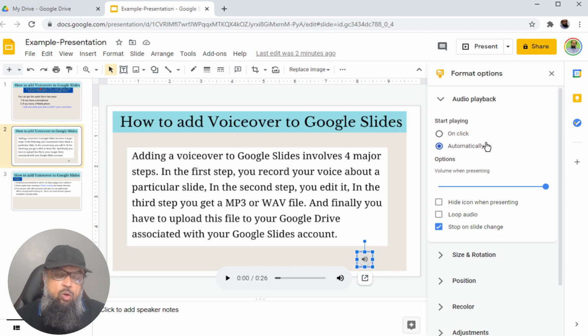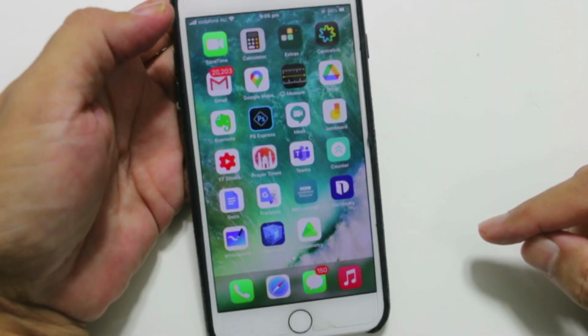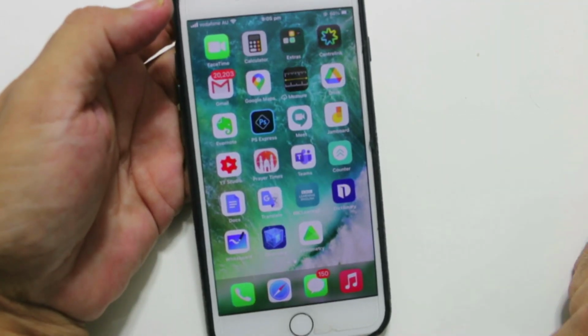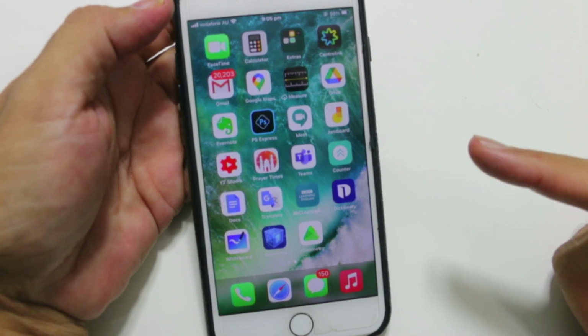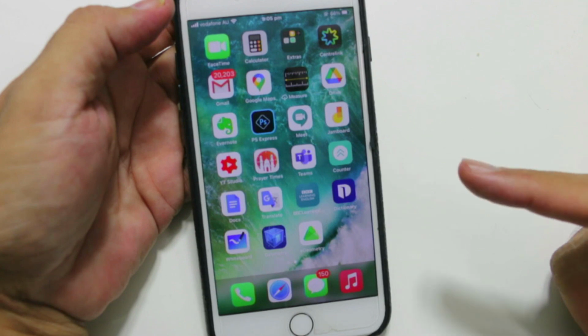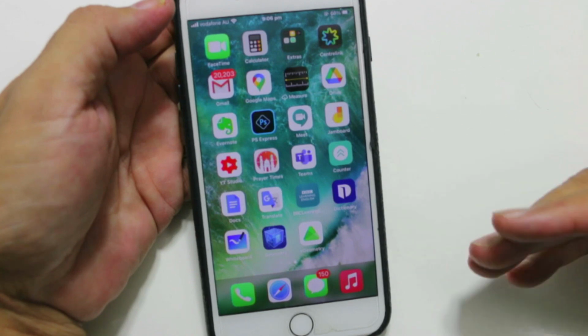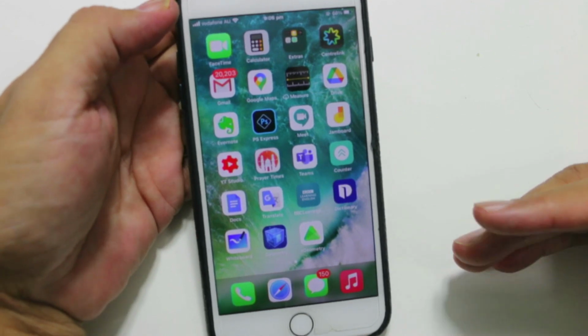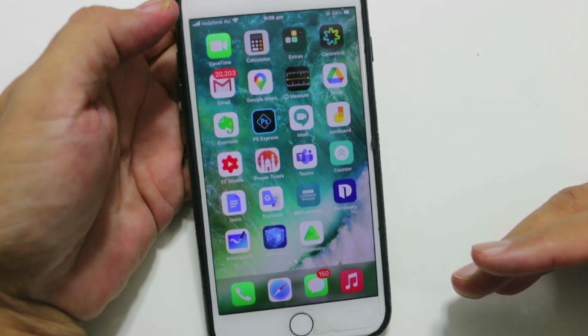And now let's see how you can create an MP3 file using your mobile phone. And now this is the most important step: to record your voiceover. One suggestion is that you don't use any of the online voice recorders, because they do not work. They might work once or twice, but they will not work. And we all have a mobile phone, and the quality of the mobile phone's microphone is excellent, so you can record.